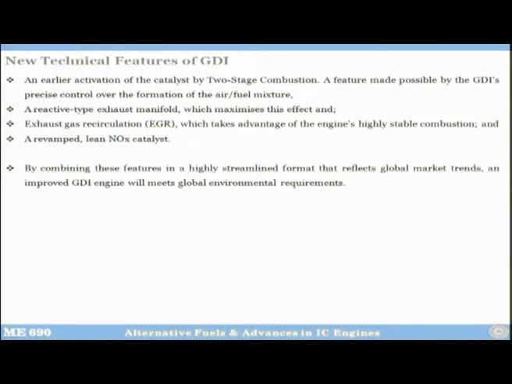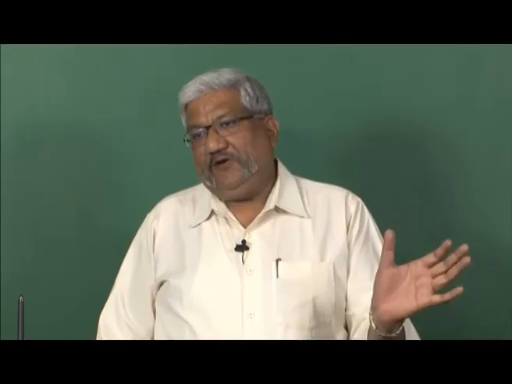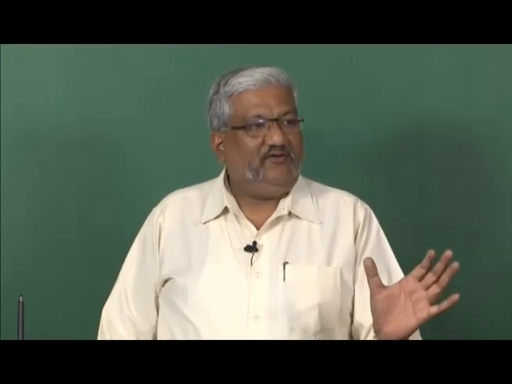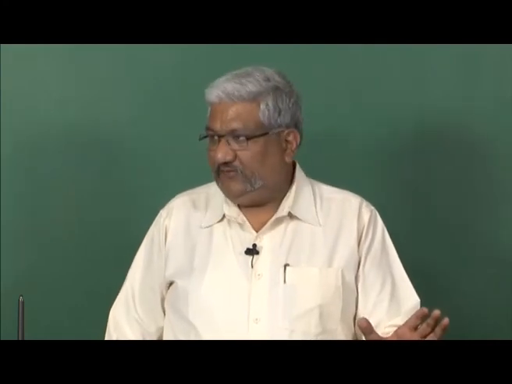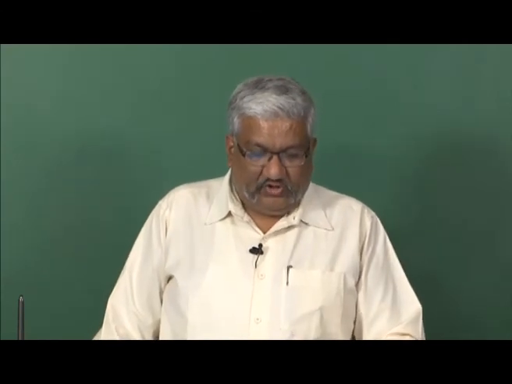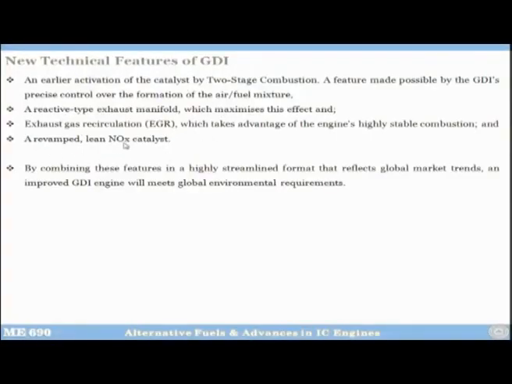So, in order to reduce the NOx to a very low level, what you do is you have a revamped lean NOx catalyst. This is exhaust gas after treatment. So, what you do is you kill that NOx by the exhaust gas after treatment, lean NOx catalyst, okay. So, what is this lean NOx catalyst? I will briefly touch now in this lecture, and then I will take separate lecture, maybe a 2 hours lecture on how we control NOx from the engines in one of the forthcoming lectures. So, these are the 4 actions that you take, and all these actions actually help you clean the